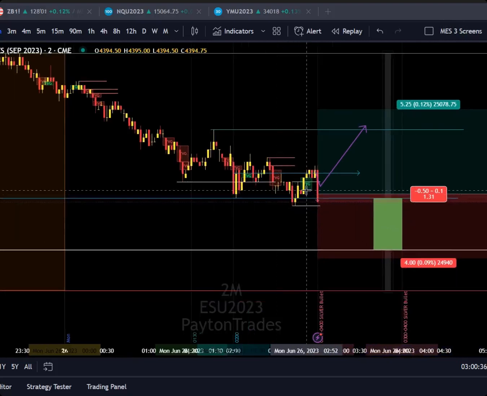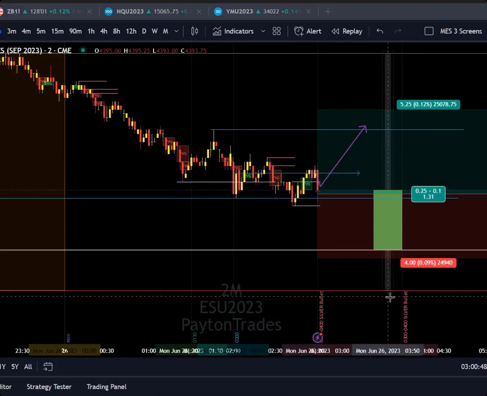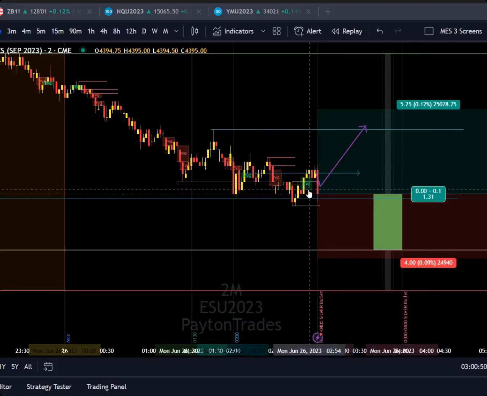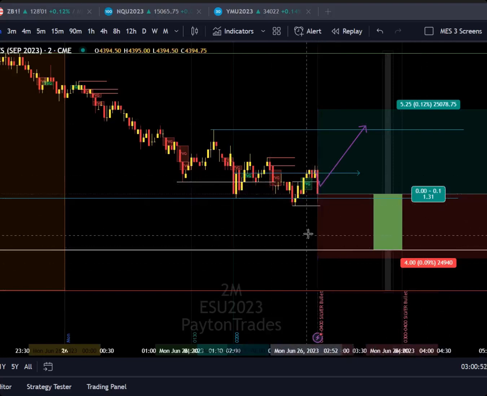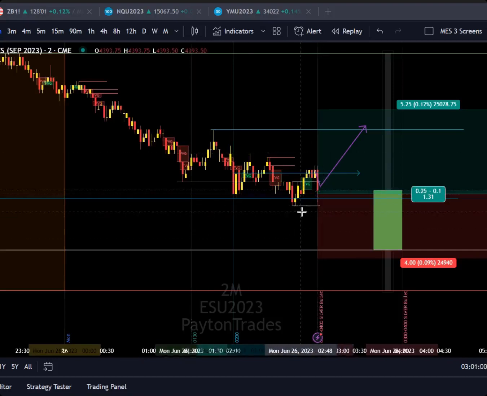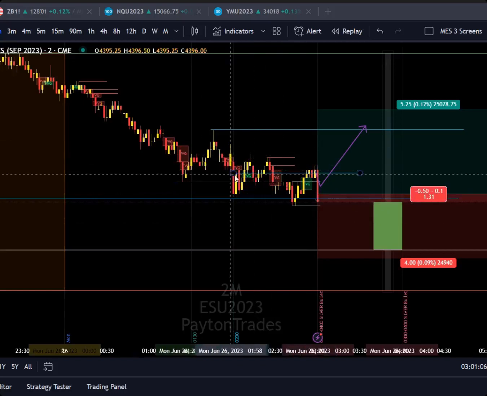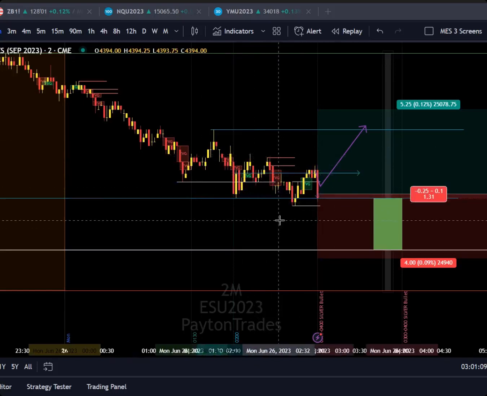Now, tell you what I don't like, the fact that it traded past the imbalance. But let's see if it closes higher or within the imbalance. It's still giving me a hint that it wants to go higher. But if it closes lower, I'm going to have to watch it. But this is a trade setup that I would have taken, which I'm not, because I'm not 100% confident in it, because it didn't give me signals that I was looking for earlier, which would have been